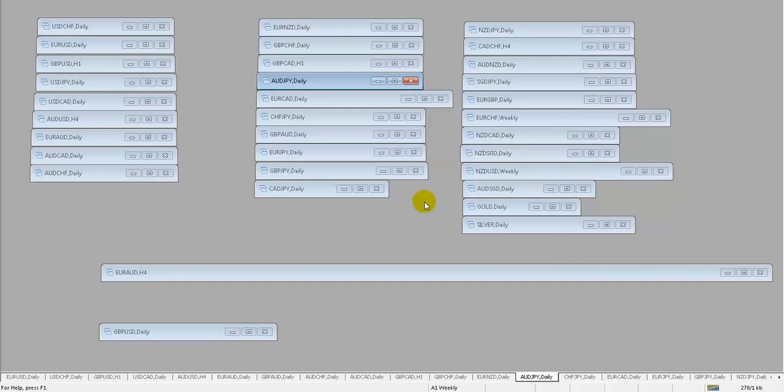There are basically 3 ways that I look for reversals. So let's talk about the 3. The first that I look for is a price action trigger. So, for example,